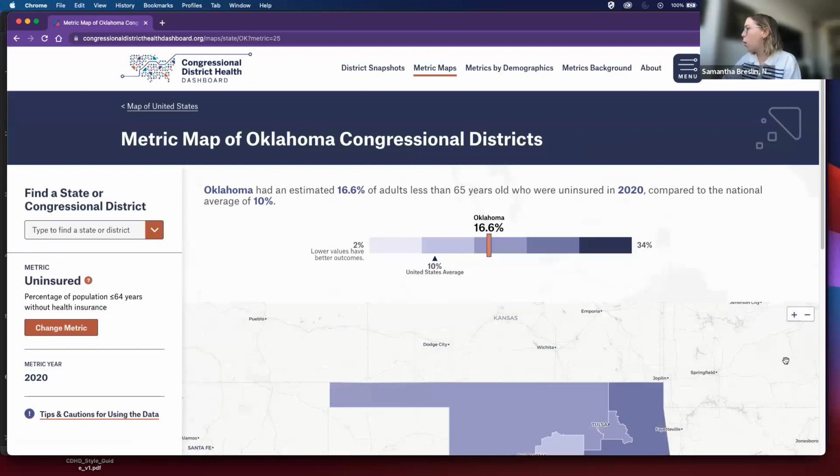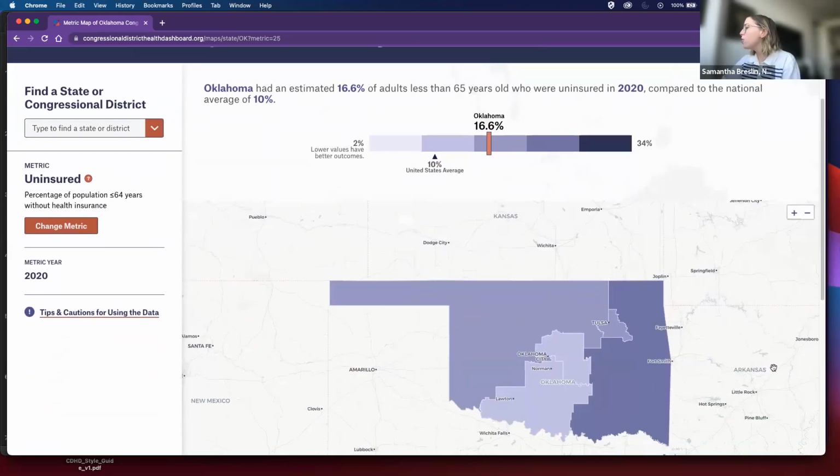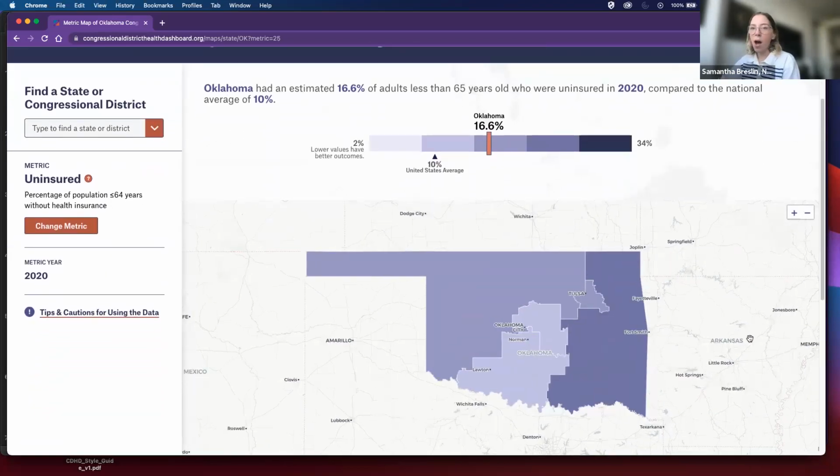So I can type in Oklahoma, and now we're seeing all of the districts in Oklahoma and how they're performing for uninsurance. Like I said, we have the same scale bar and same sense-making statement, but instead of seeing the US average, we're seeing that Oklahoma has around 17% of their adults who were uninsured in 2020.